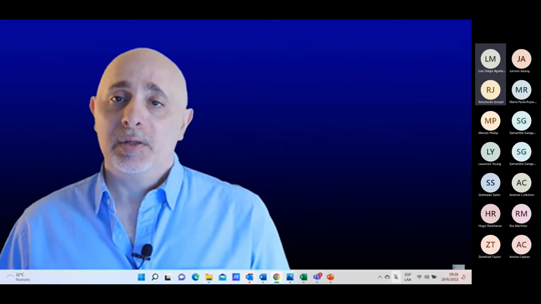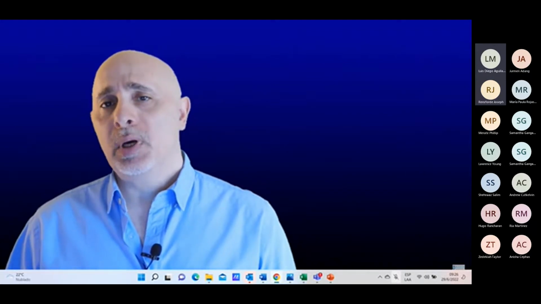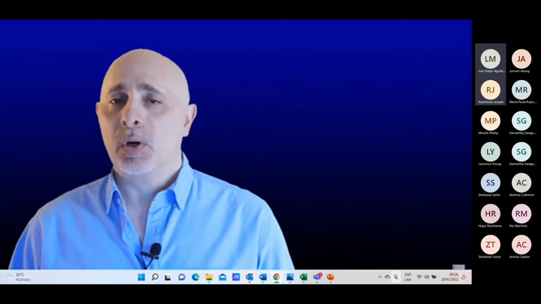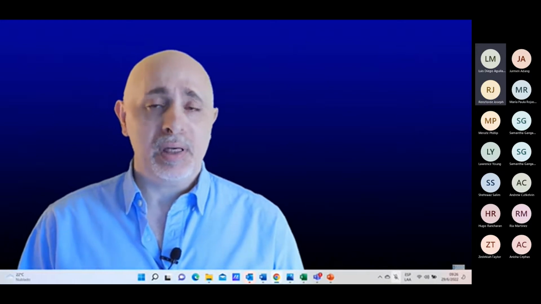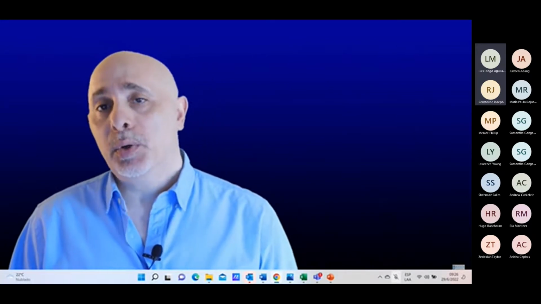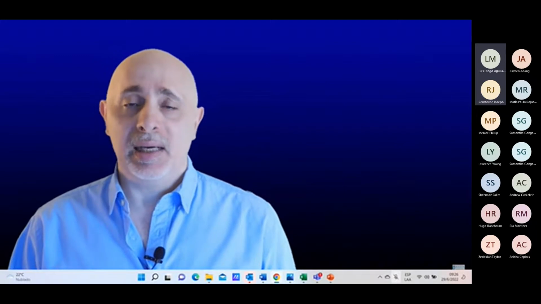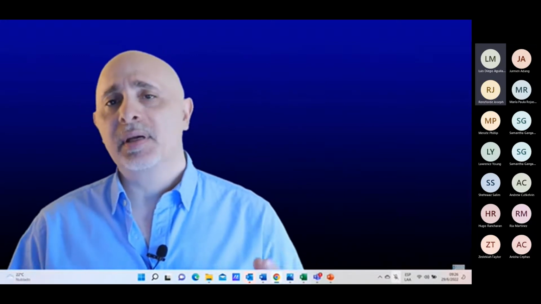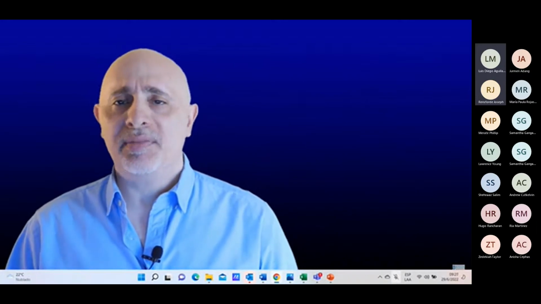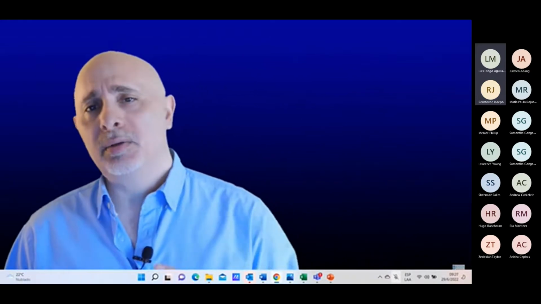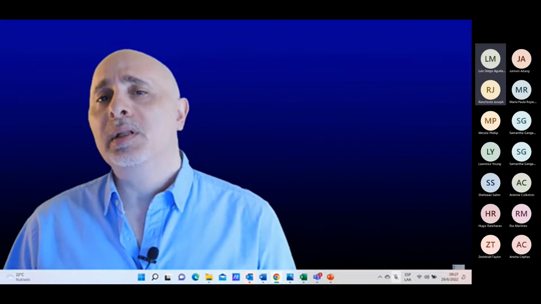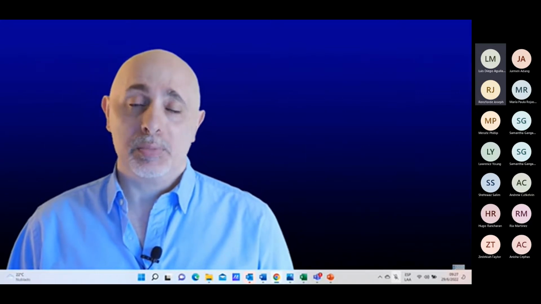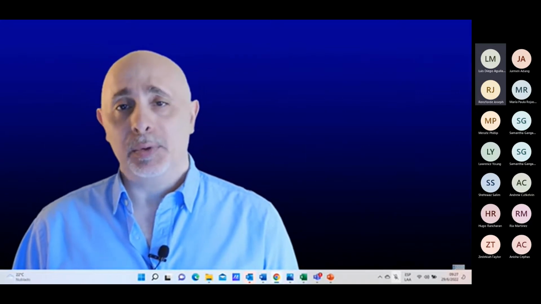Now, the best time to identify your stakeholders is as soon as you have that business need. So when your boss calls you in and says, I would like you to work on this, or if this is you working on your own initiative, the moment you know what your need is, you need to start to identify who are these stakeholders that have something to do or can be affected or touch it in one way or interact with it in a different way. Who are these people that have something to do with this project, and start to list them down.